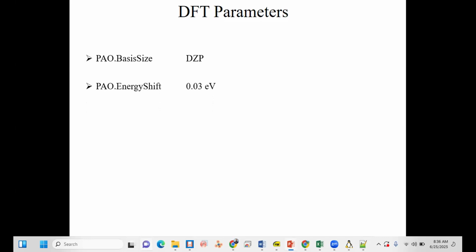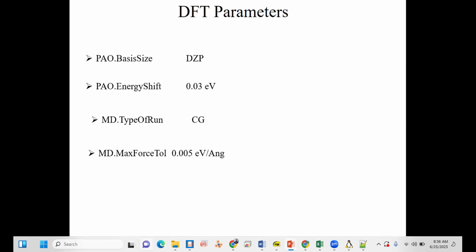And the next one is the PAO energy shift. This is also dependent. I mean, this is related to the electron orbital. And the type of run we have is a conjugate gradient run, where we calculate the total energy of the system and then move our system a little bit, and then again calculate the total energy, and then compare with the previous one to see whether it is decreasing or increasing.